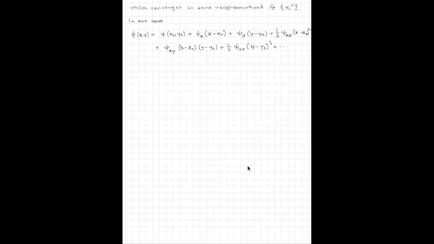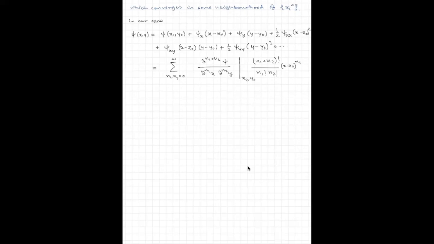So you can write this as a series where n1 and n2 go from 0 to infinity, and you have d to the n1 plus n2 of psi, del n1x del n2y at x naught y naught, times n1 plus n2 factorial by n1 factorial n2 factorial, x minus x naught to the n1,